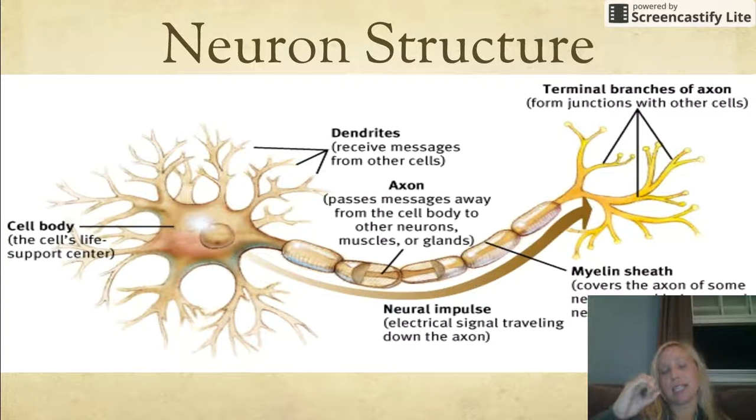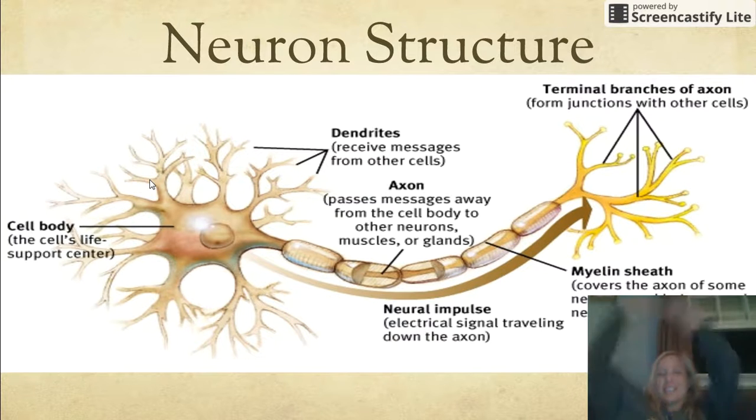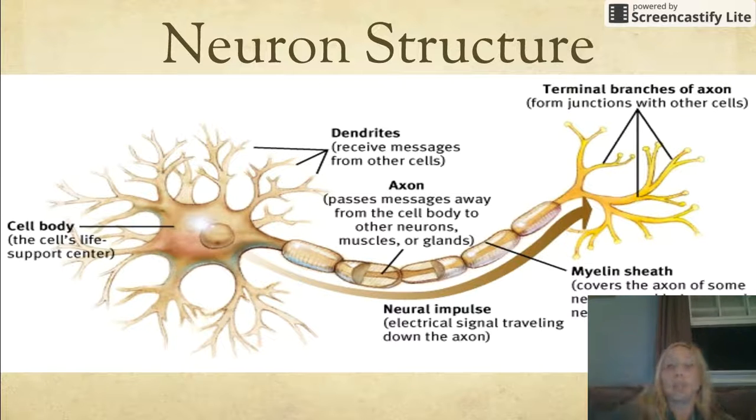And then obviously in the cell body, we have the cell nucleus. These branchy things, and I know you can't see this, I always stretch my hands up in the air because the dendrites reach out to get incoming signals from the previous neuron. Then the electrical impulse occurs because the dendrites receive neurotransmitters, and it turns that into electrical energy,